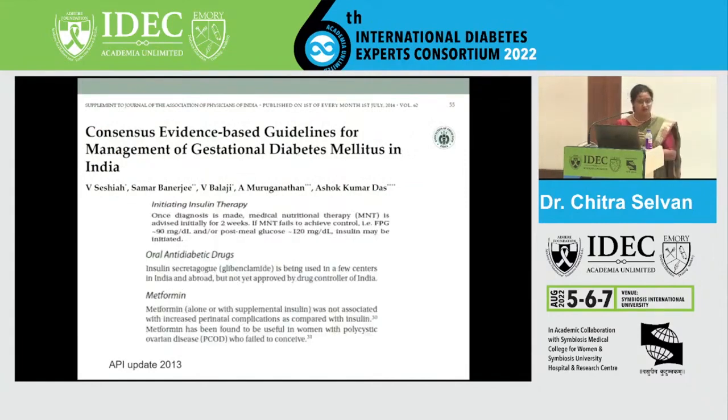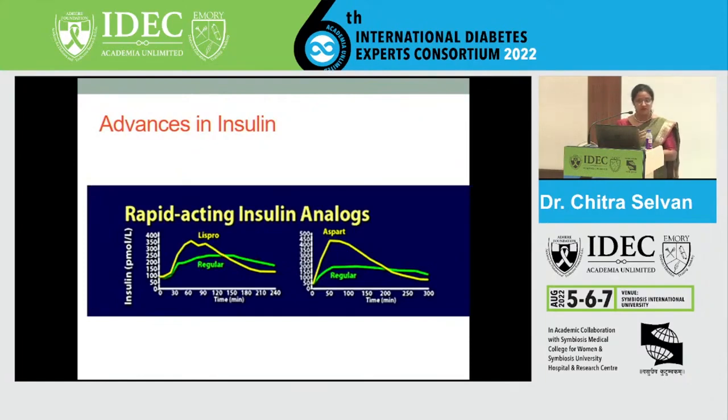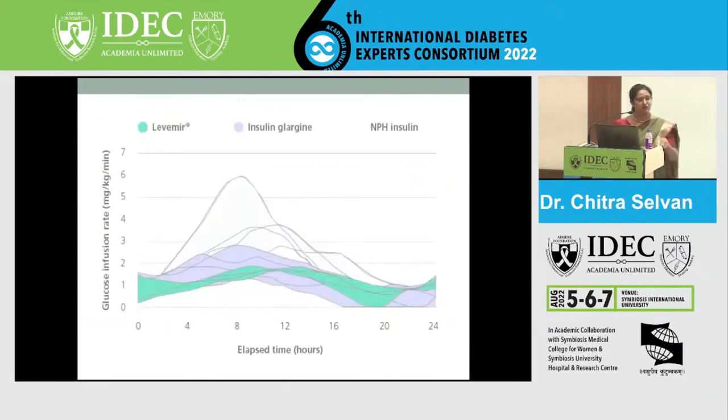There are numerous advances which have happened with insulin over the last few years. We don't have the time to go into the details, but we have insulins now which can match the profile of blood sugar rises during pregnancy to target the postprandial spike which happens and the fasting value which might go low. We also have longer acting preparations of insulin which can make sure that your chances of nocturnal hypos are low. Glargine is still off-label use during pregnancy, whereas Levemir is approved for use in pregnancy by itself. Of course, NPH is an option.